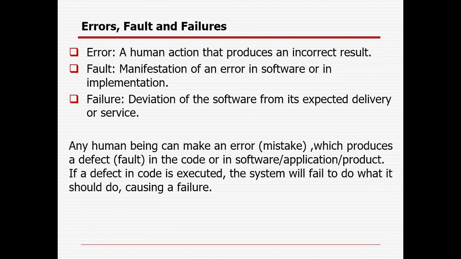So what is error, fault and failure? Why are we doing the testing? We are doing the testing to prevent any failure. Error means in case we make any mistakes, then error will come. And in case we are not handling the error, the fault will be there, and because of fault, failure will be there. So that is a simple term. Error is the intentional or unintentional mistake we are making. Because of error, fault can come, and fault may be there, but we need to handle the fault. Otherwise, failure will be there.